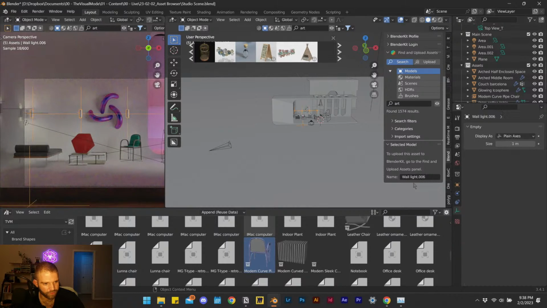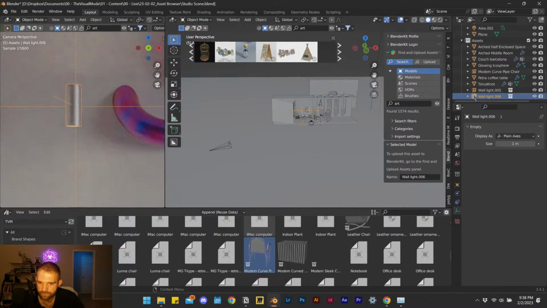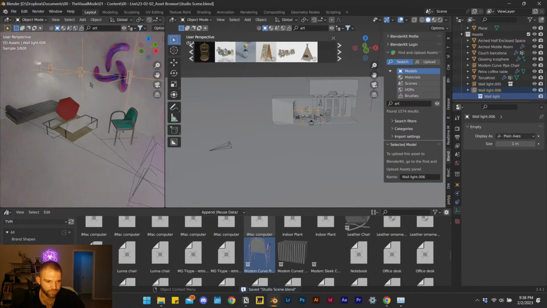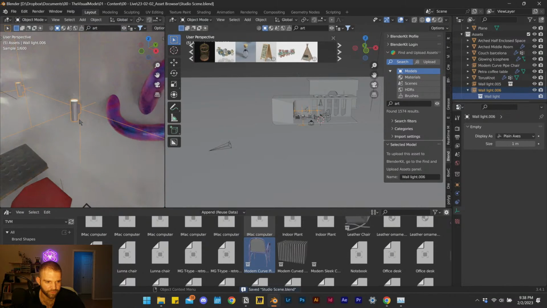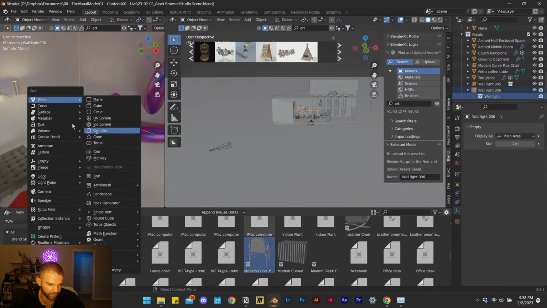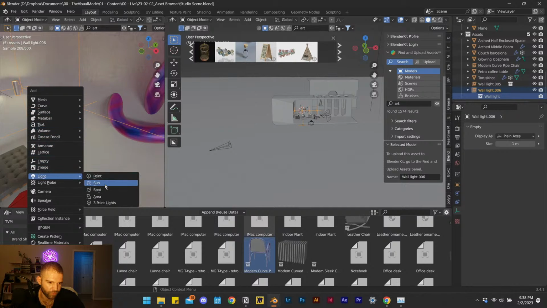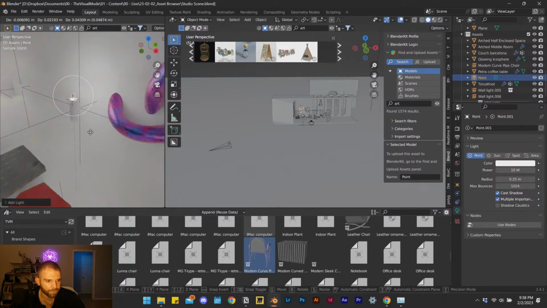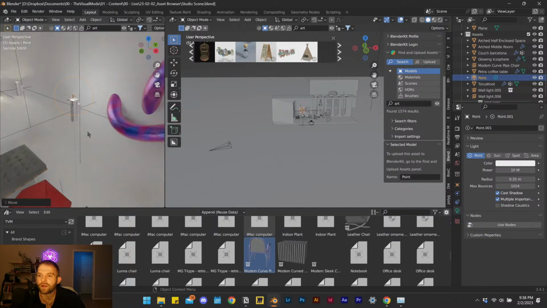Okay. So if I intensify the lamps now, those wall lights, I cannot intensify the wall lights. What I can do is hit shift right click and add a light there. And now this is just quick. I mean, this has turned into a rendering section. But I see we got